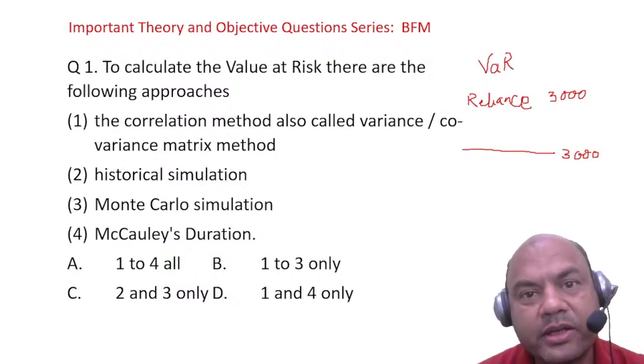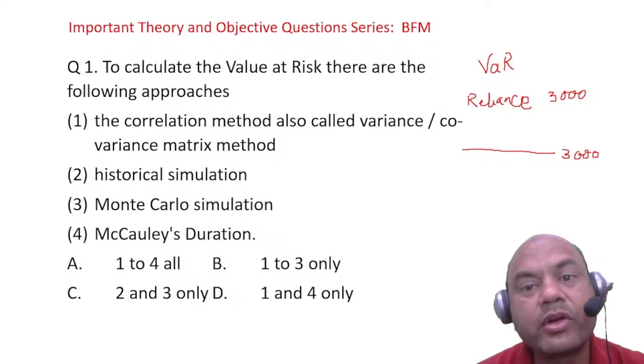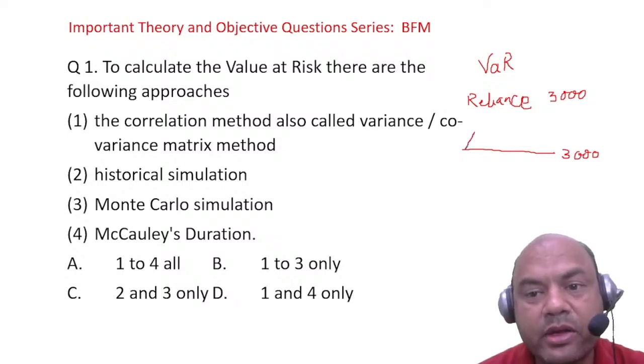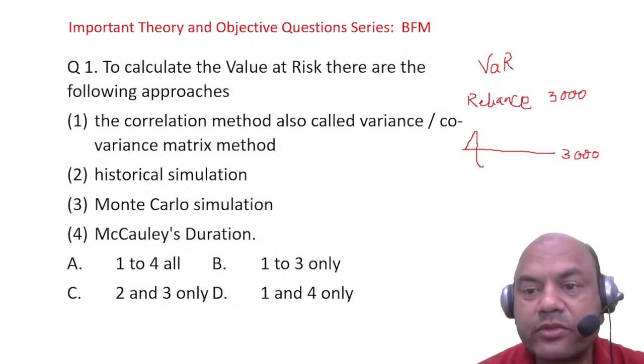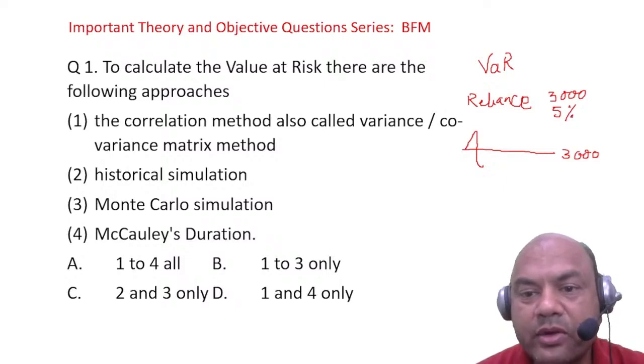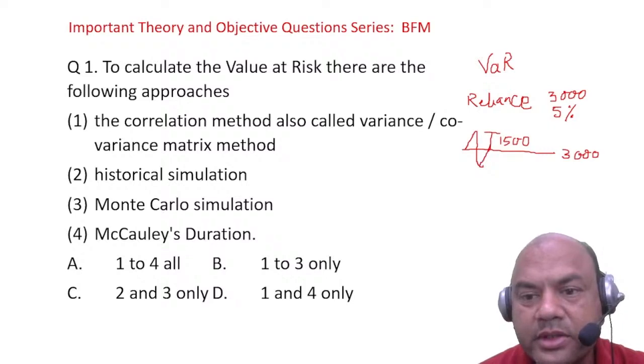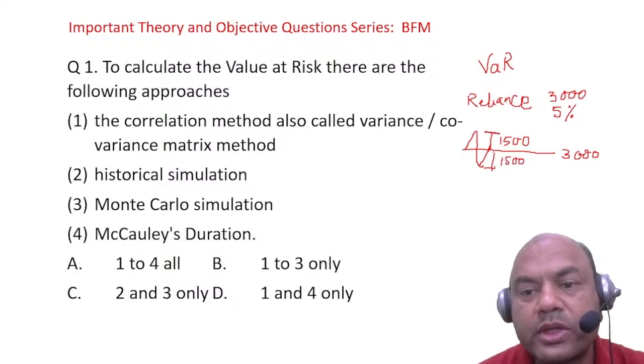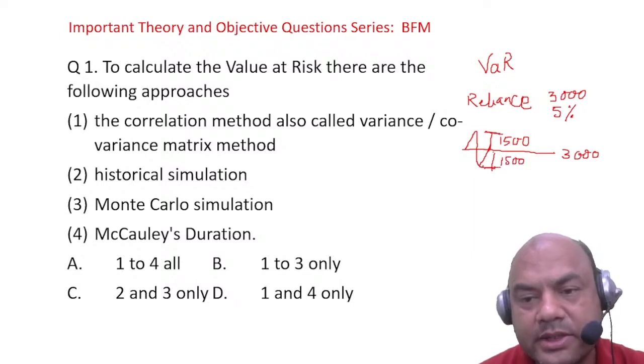So 5% here and 5% there. It will be 1500 over here and 1500 over there, 5% into 3000. So if it is fluctuating 1500 on both sides in one month, let's say, then